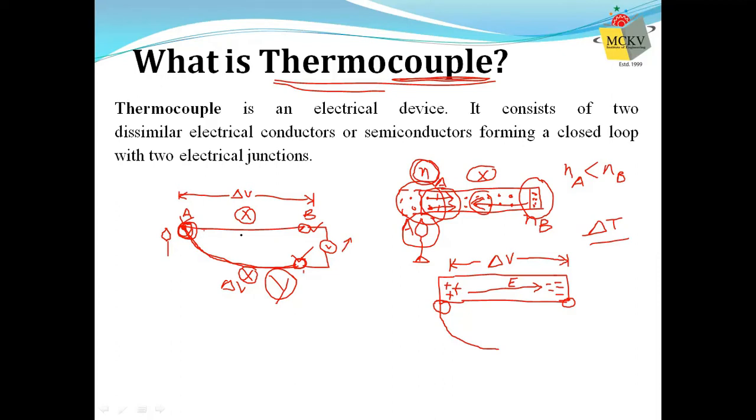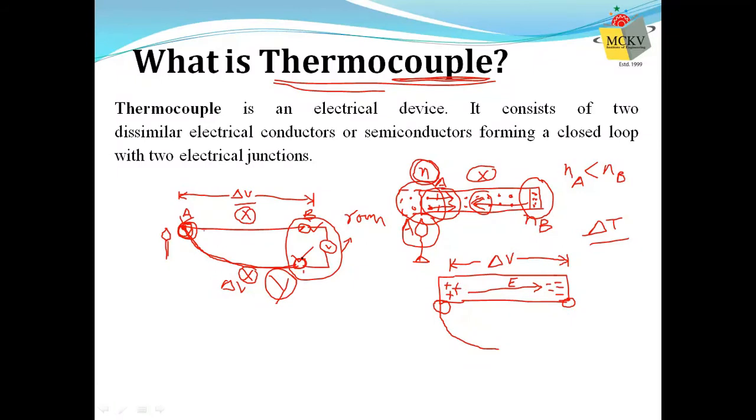So now see, you are creating a thermocouple. These two are connected by the voltmeter. This forms the cold junction, at room temperature let us say, and this forms the hot junction. So just in order to measure the potential difference, you need to connect a different wire. If you connect the same wire of the same material, you won't be able to measure the potential difference, because the potential difference at the cooler ends is the same.